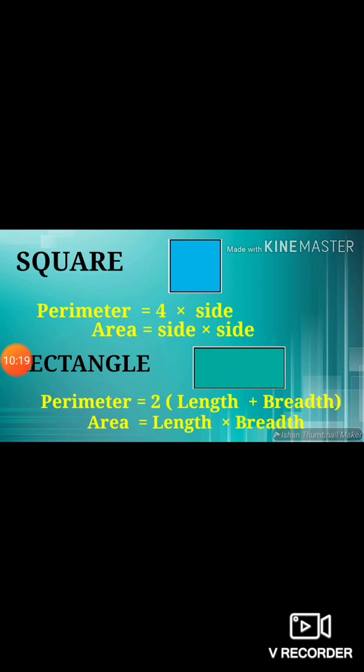So in general, what is a square and what is a rectangle, you already know. In a square, all the four sides are equal, and the perimeter formula for this square is 4 into side, and the area is equal to side into side. That means a into a, which is a square. And the perimeter is what? The length of the boundary. So you have to add all the sides, that is 4 into side. Area is equal to side into side. Next, the formula for the rectangle.